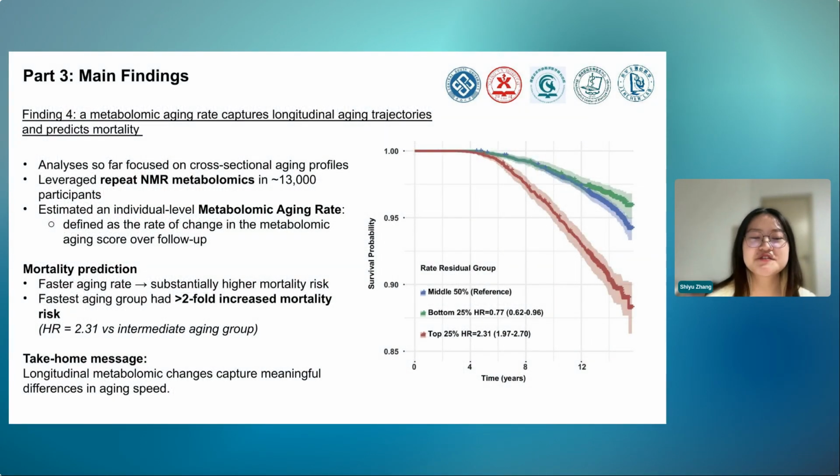So far, everything I have shown has been largely cross-sectional, but an equally important question is how the metabolome changes within the same individuals as they age. To address this, we used repeat NMR metabolomic data from about 13,000 participants with follow-up data and estimated an individual-level metabolomic aging rate, defined as the rate of change in the metabolomic aging score over time. We found that individuals who aged faster at the metabolomic level had a substantially higher risk of death. Specifically, those in the fastest aging group had more than a twofold